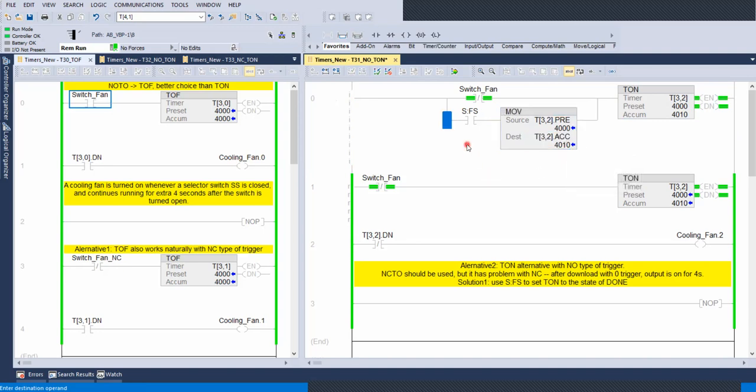So that will put the timer into done, right? Because the ACC accumulated to the preset is the done bit. So we basically preset this timer into done, and then that will start on the